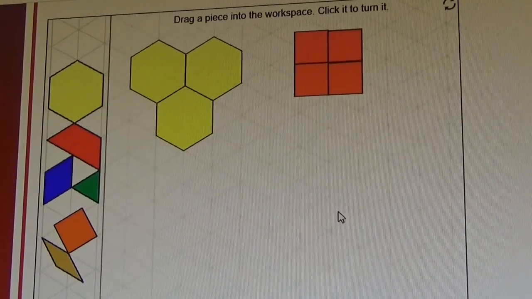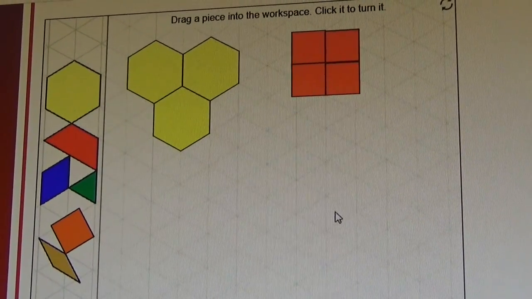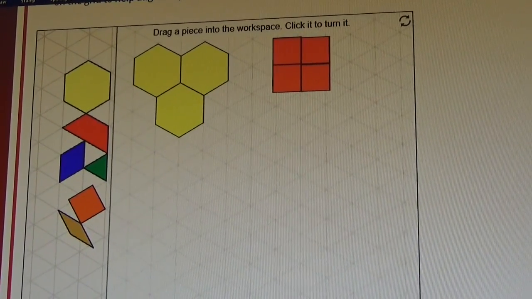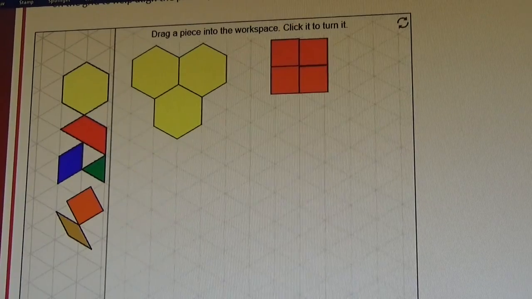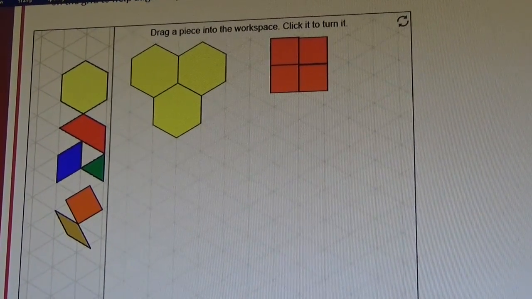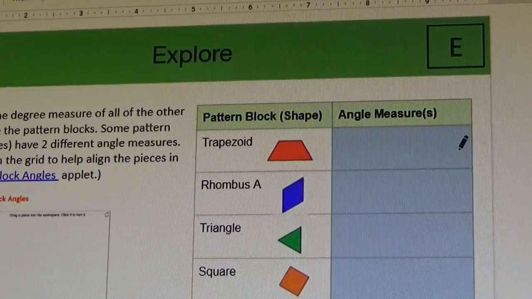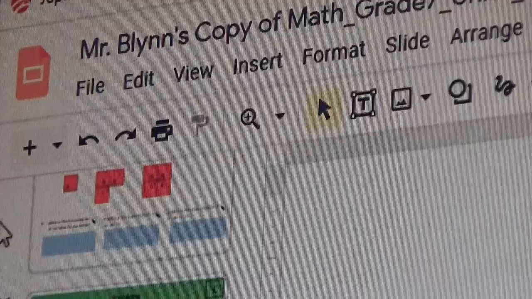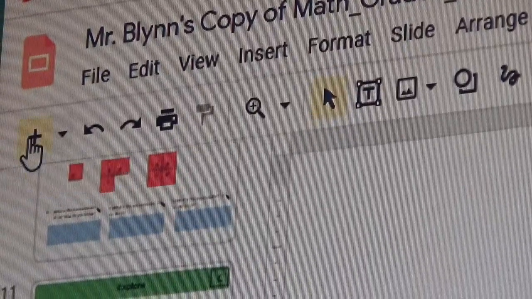This work is not yet complete, but once you've completed your work for slide E, I would definitely recommend taking a screenshot of your work and then inserting it as an image in your Google Slide. Go to slide E, move to your left. The plus sign will help you add a slide. Click here,